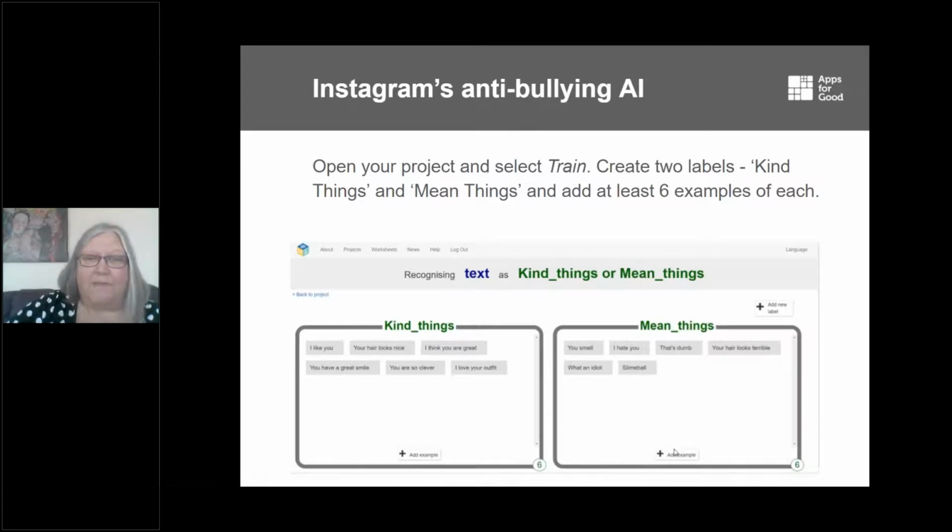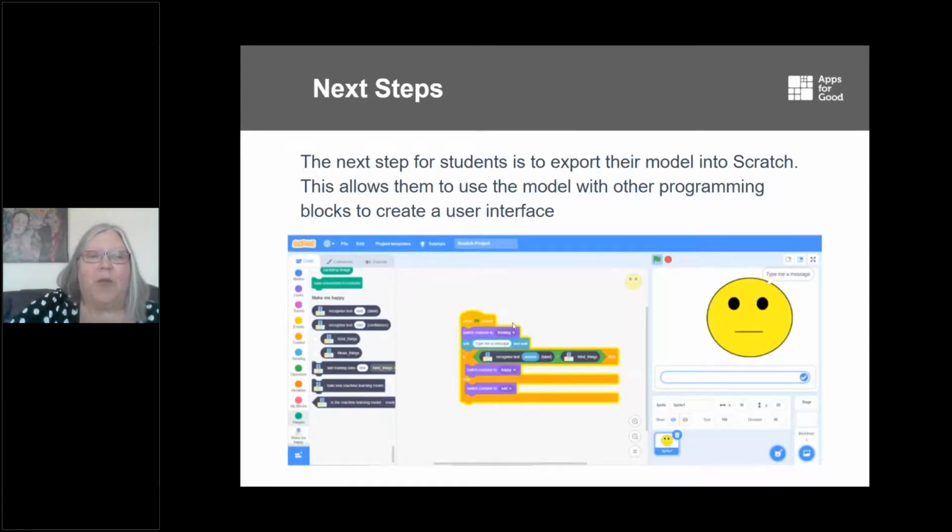And it will use that data and it will produce blocks that you can then export out to Scratch. And once you've got them in Scratch, you can then use them in your programs, so you can start building an interface for your model. So this one here will have a smiley face if you say something nice, and it will have a sad face if you say something that's not nice. And you can then refine this further so that if that confidence percentage is below a certain threshold, it might just have a neutral face going, I'm not sure I understand, or I don't know what you're saying.